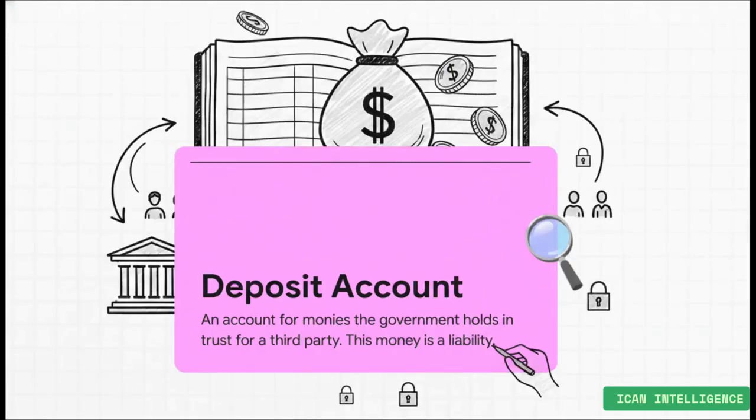This is a really critical distinction to make. A deposit account is used to record money that the government is holding on behalf of third parties. That's the key point. This money is not government revenue. It is a liability. A common example would be a retention fee that's held from a contractor. And because it's not the government's money, it has to be managed with extreme care in a separate deposit ledger